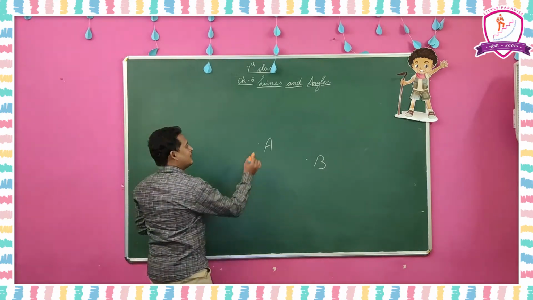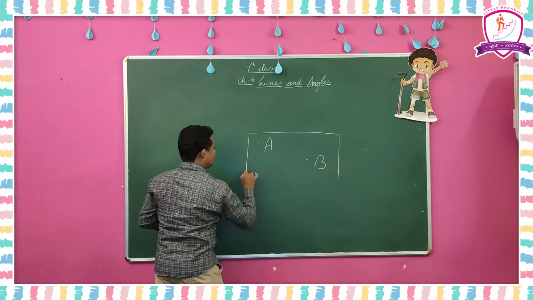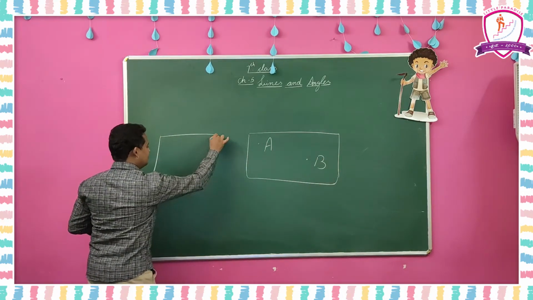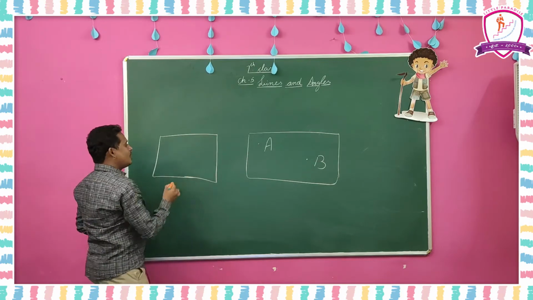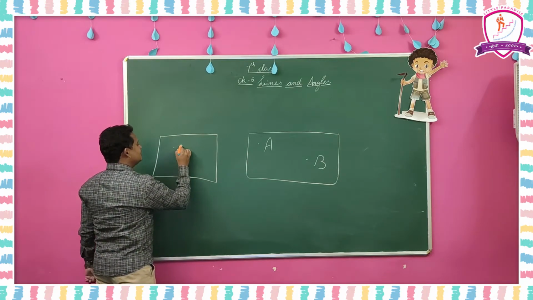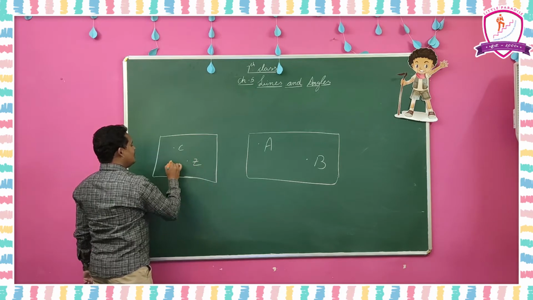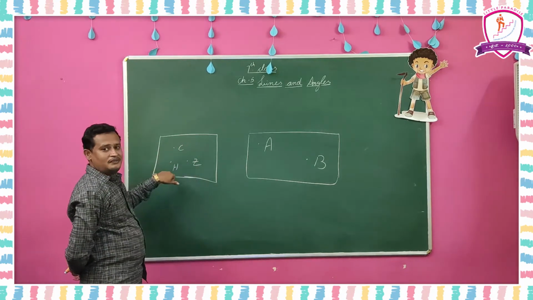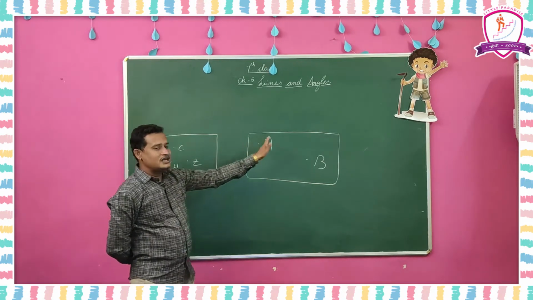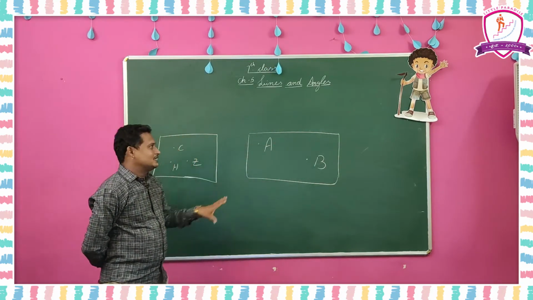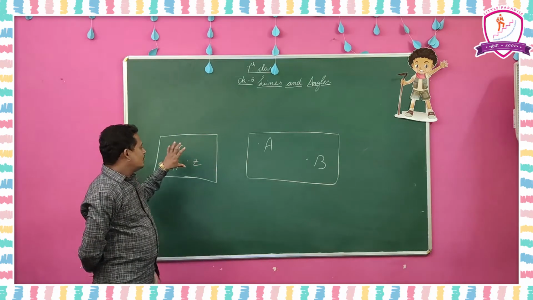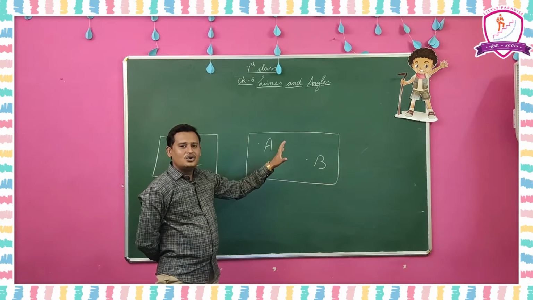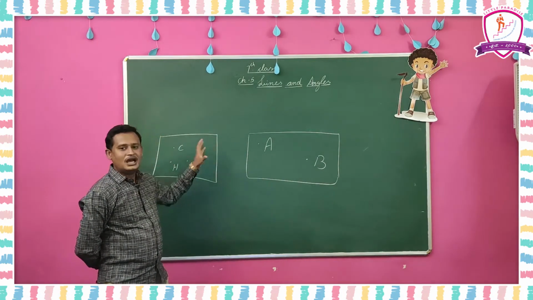I cut this plane up to here and draw a new plane. This is a new plane. I put points C, Z and H; these 3 points belong to this plane, and those 2 points belong to the other plane. Understand? Points which belong to the same plane are called coplanar points. This is about the point.